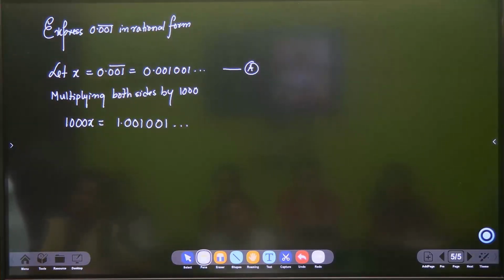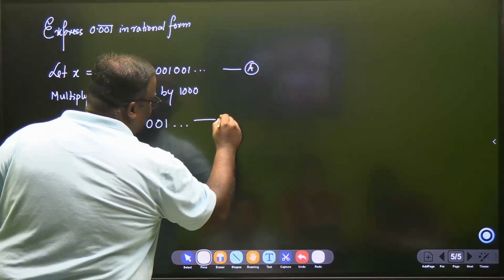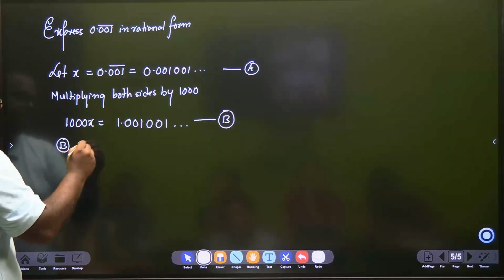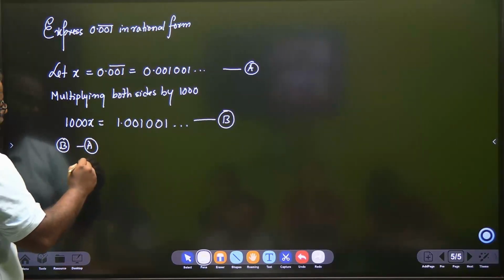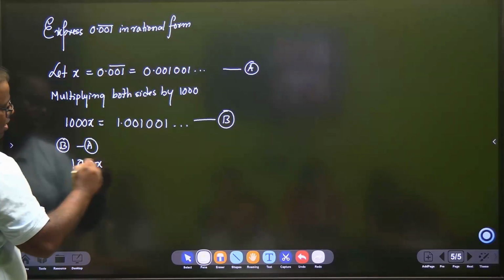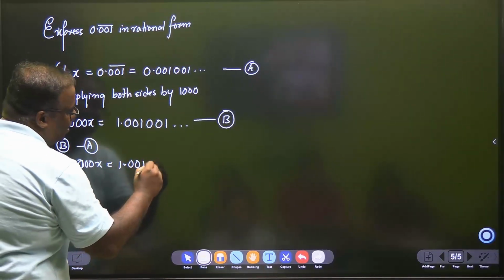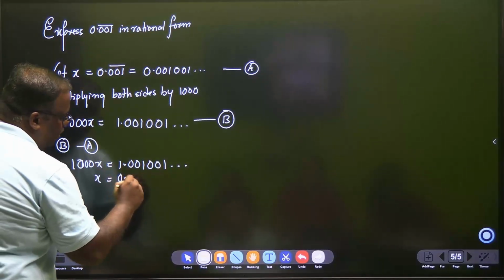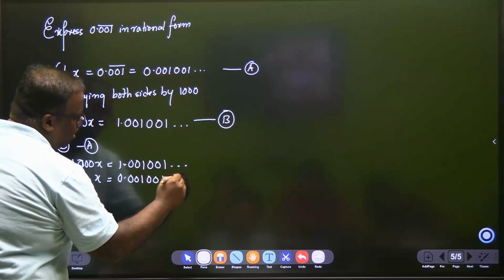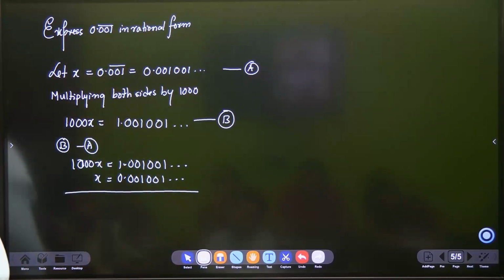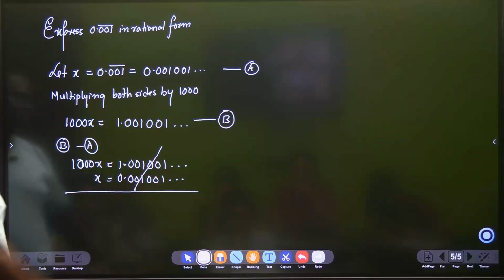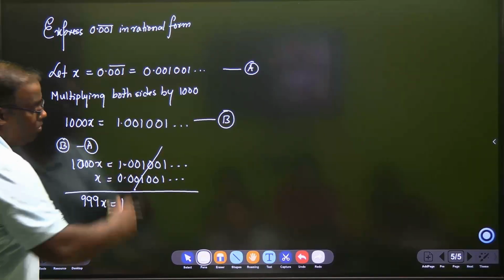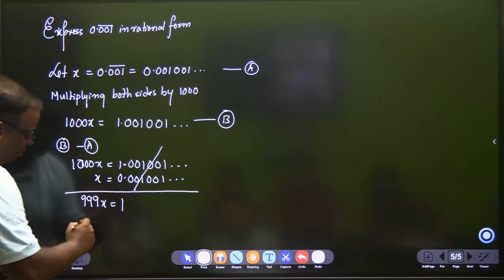Agreed? This is where you're going wrong, according to me. I'm just taking a wild guess. Now, who is bigger? This is Pedagaru. This is Chinnagaru. So, Pedagaru minus Chinnagaru. So, 1,000x is equal to 1.00101... and I have x equal to 0. Now, subtraction, this part straight away cancels. I'm left with just 1. So, x value is equal to